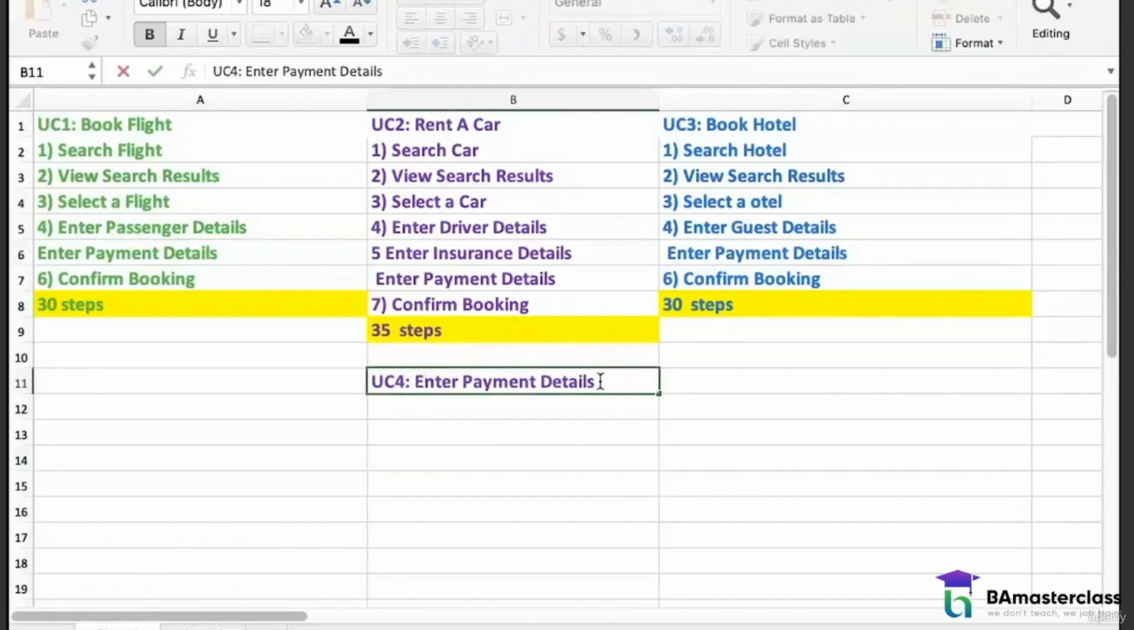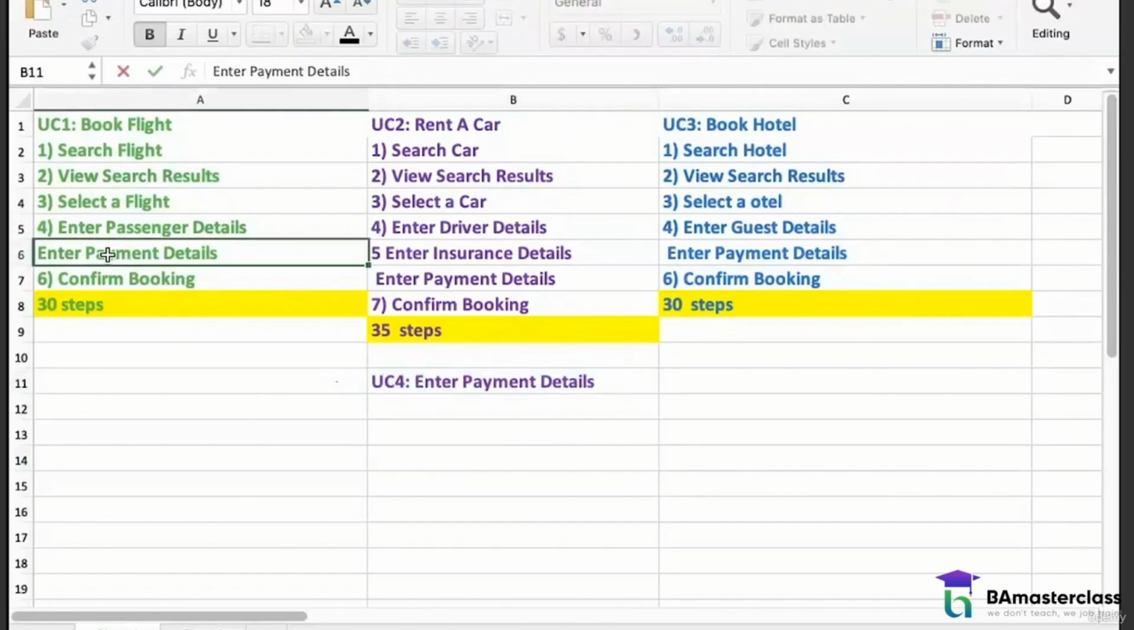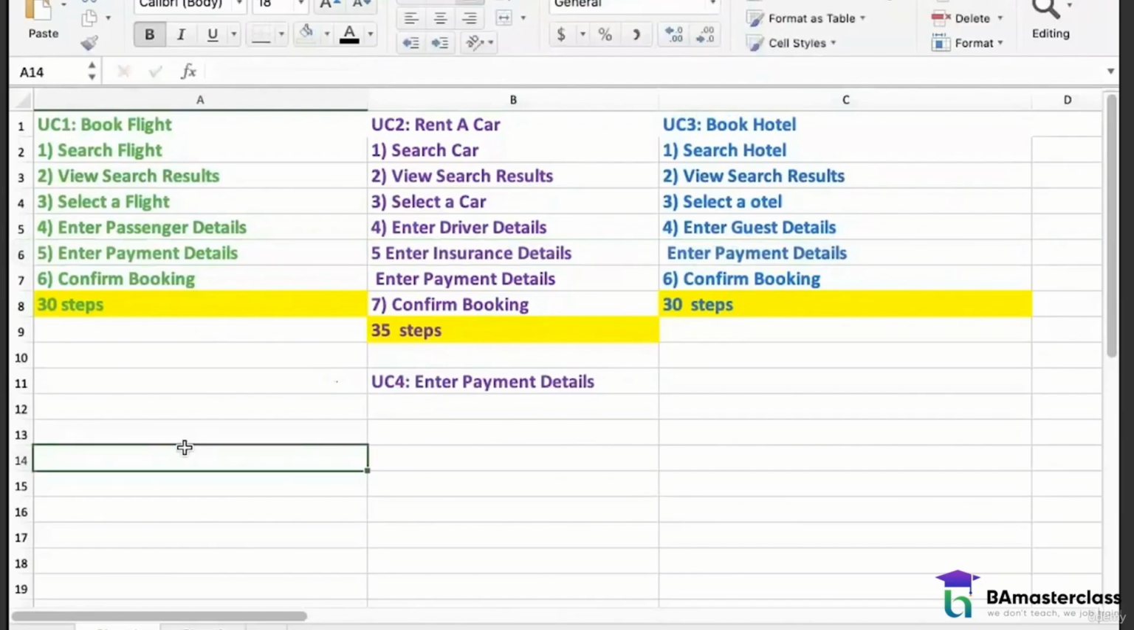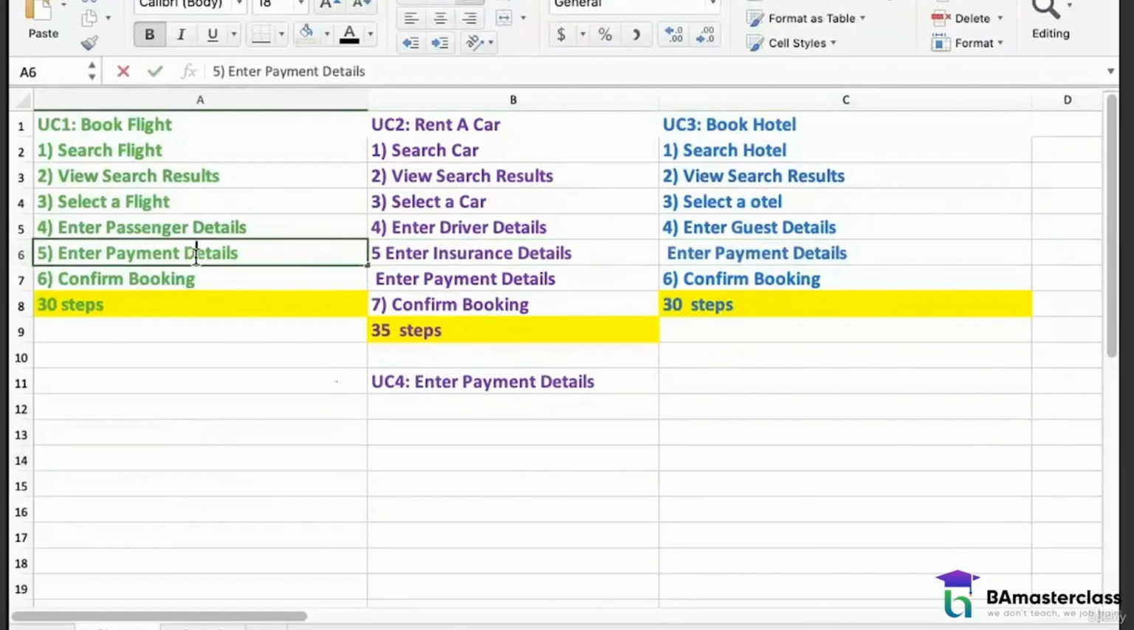And once I've done this, I'm going to modify my previous steps. I will remove all the steps where I wrote how to take payment. Instead, I'll say